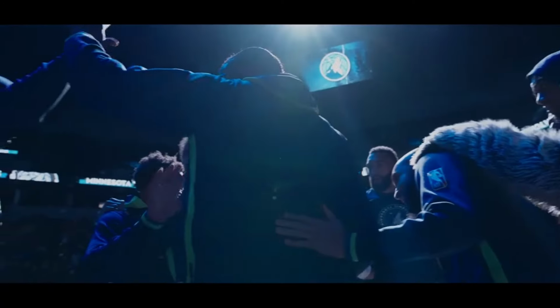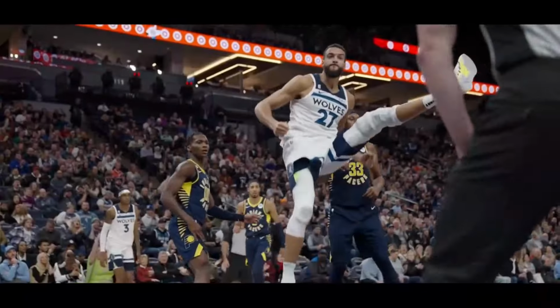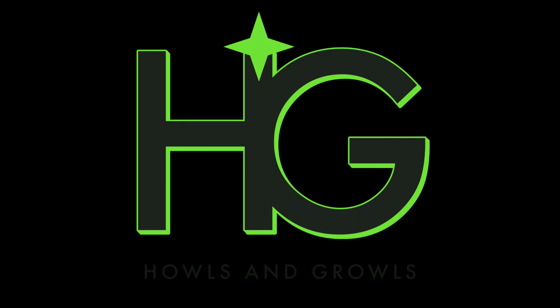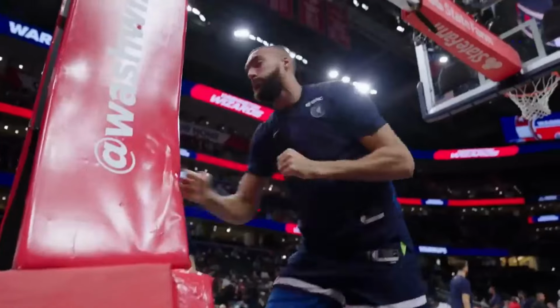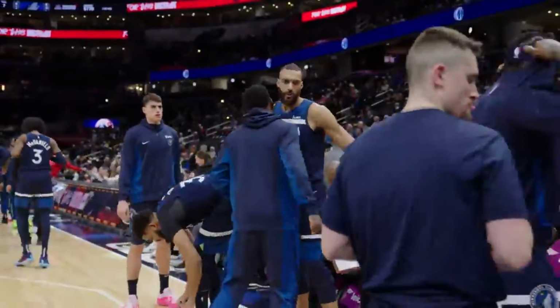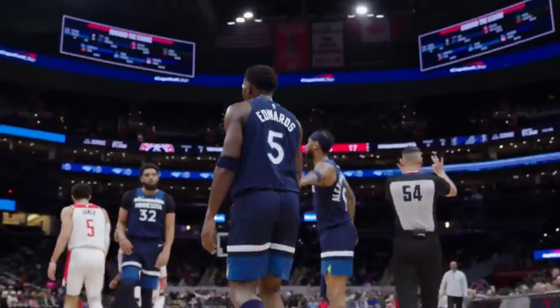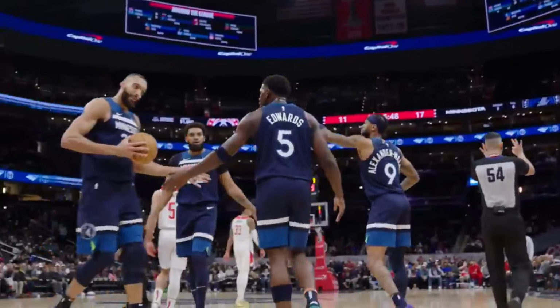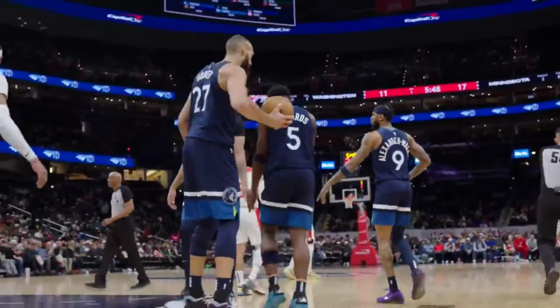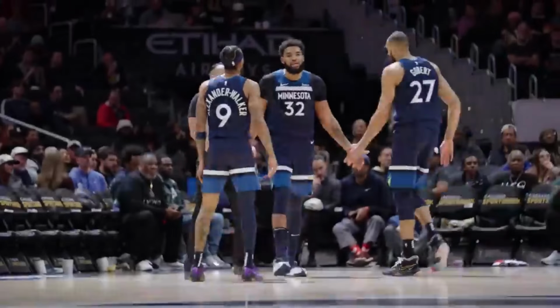And since it's the All-Star break and there's no Minnesota basketball, I want to talk a little bit more about their defense as a whole. We've spent a whole lot of this season zooming in on the Wolves' defense from a game-by-game perspective, but when you zoom all the way out, it's shaping into one of the most special defensive seasons the entire league has seen for some time. You see here, this is a team who is not only the best defensive team in